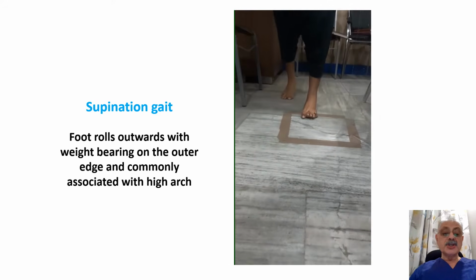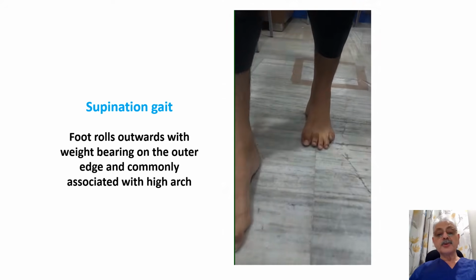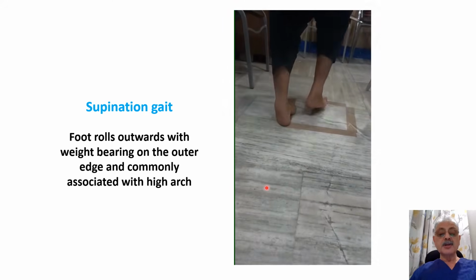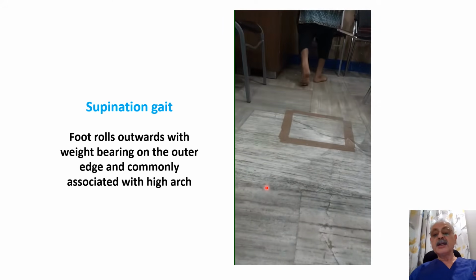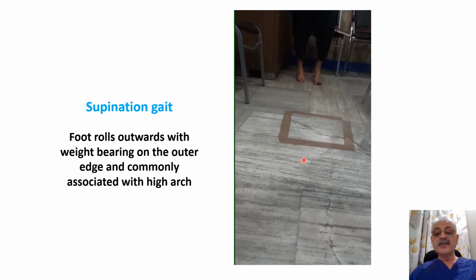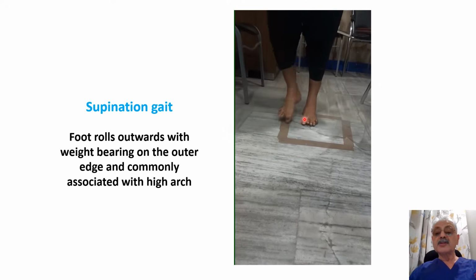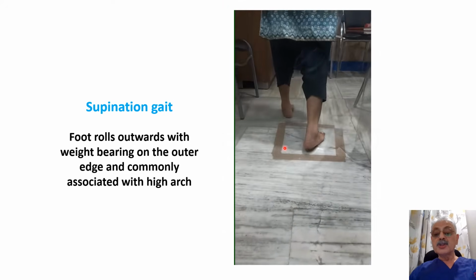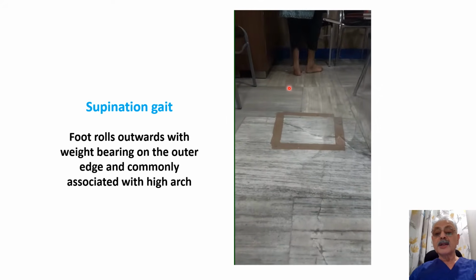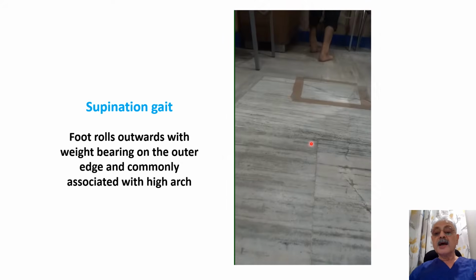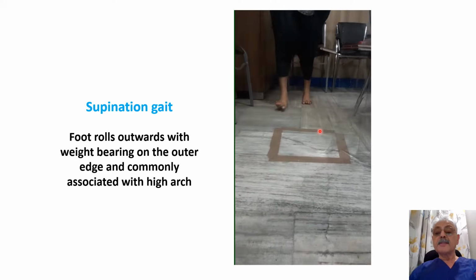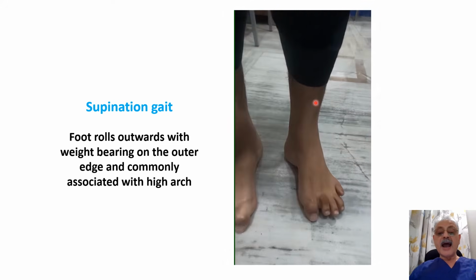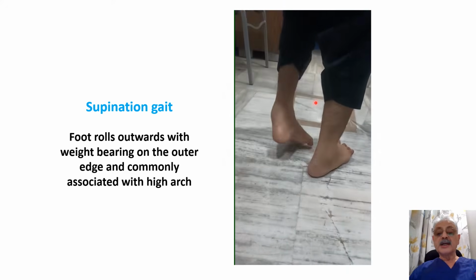And the supination gait is just opposite to the pronation gait, where the foot rolls outward and the patient loads the outer edge. It is commonly associated with the high arch and the cavus deformity of the foot. If you look here, in both sides, the patient is loading particularly more on the left side. If you see the difference, the patient is loading more on the lateral side, and this is what is a